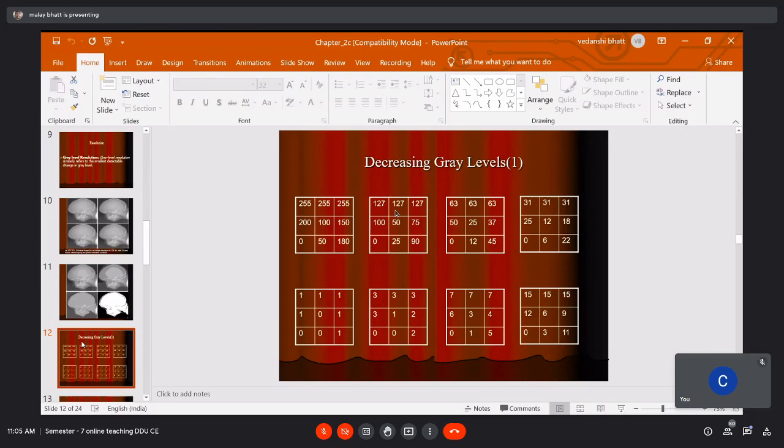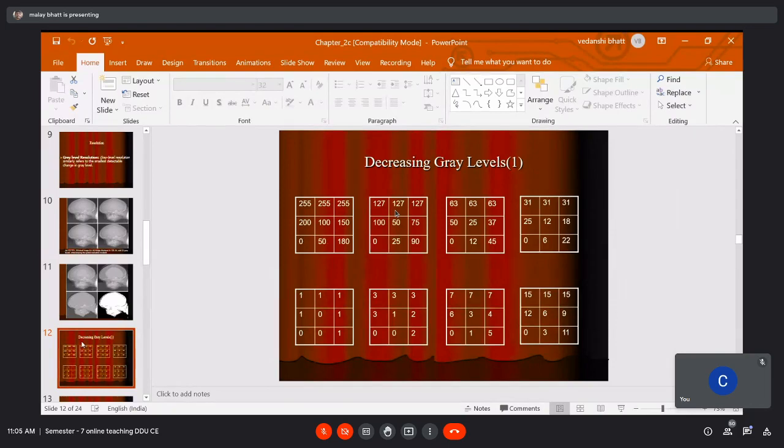And then 180 is converted to 90. So this is how you will get the image with 128 gray levels. You can see that there is no number in the image which is more than 127. The highest number is 127. So gray levels are from 0 to 127.